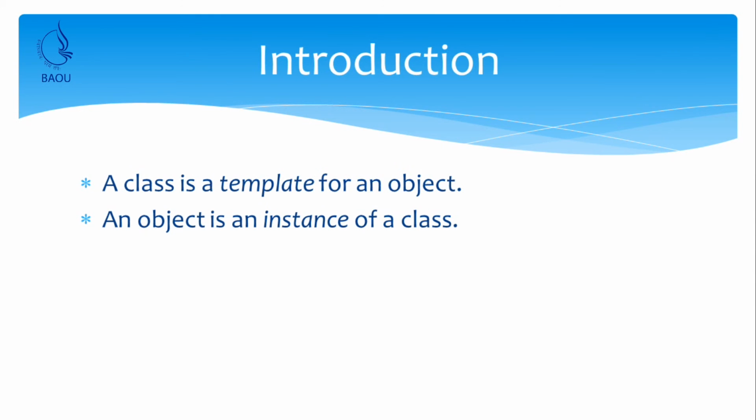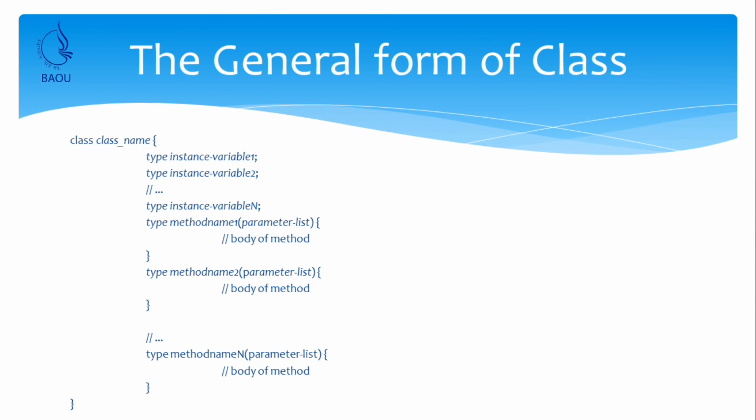For example, fruit has different properties like aroma, shape, size, color, taste, etc. So, all these common properties or common attributes are defined inside the class, and whenever we create an object from this class, it is known as an instance of that class or an object. So, class is a template and object is an instance of class.